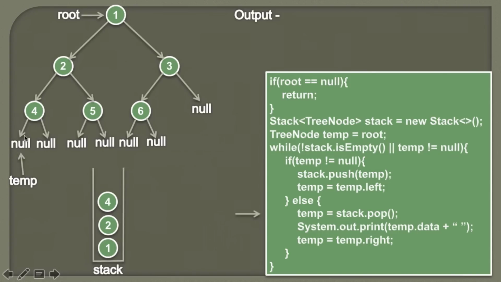So now is the turn that we can visit the node 4. In order to do that, we'll simply pop the first element from the stack and assign it to temp. So here you can see, as stack is a LIFO data structure, the last element inserted is the first one to be removed. So when we do a pop, node 4 will be popped out and its value will be assigned to temp. So once node 4 is popped out, temp will now point to node 4. It would look something like this.